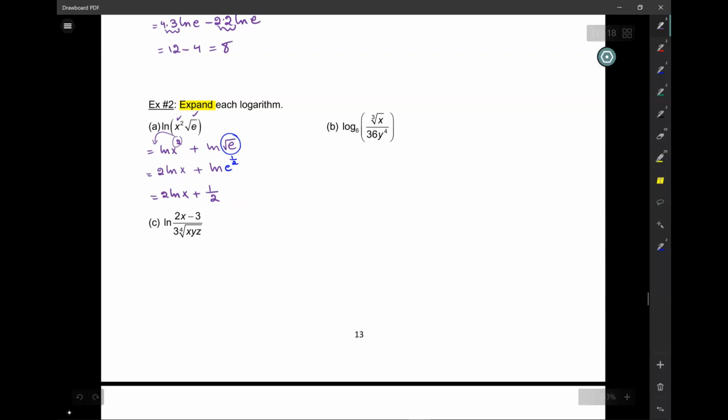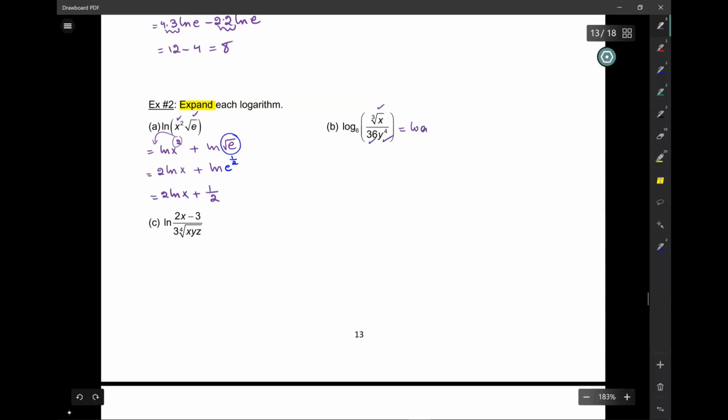Next, look at this one here. Again, count the elements inside. I have a cube root of x, that's 1. 36, that's 2. y to the 4, that's 3. So in the next step here, when I expand, I need 3 logarithms. Okay? Now,